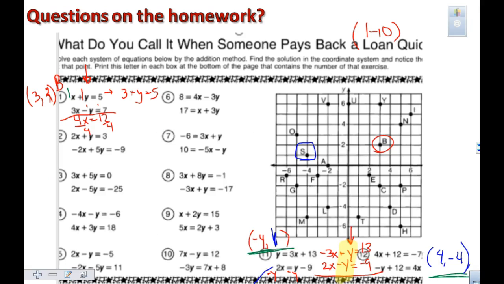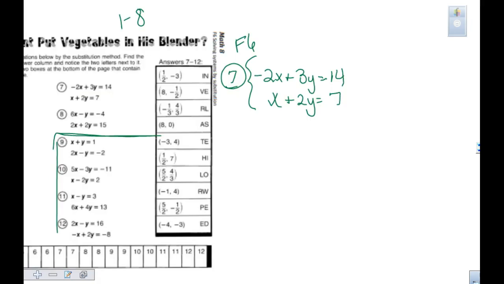So what I want to do right now is go, first thing, we want to look for a variable that has a 1 in front of it. So if I'm looking at my 2 equations, I have a negative 2, I have a 3. This x has a 1 in front of it. This has a positive 2. What I want to do is rewrite this equation, and I want it to be x equals all by itself. So what do I need to do, Rajan, if I want to get rid of the 2y here? We're going to subtract 2y on both sides. So my new equation, Caitlin, would be that x equals